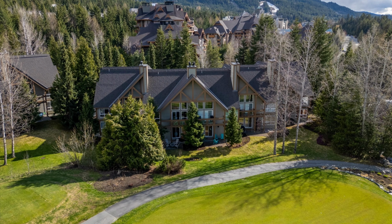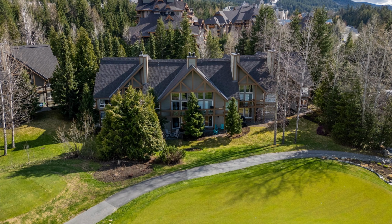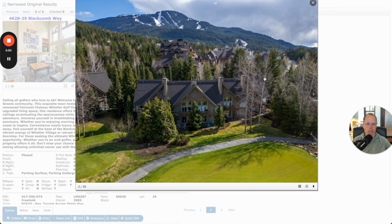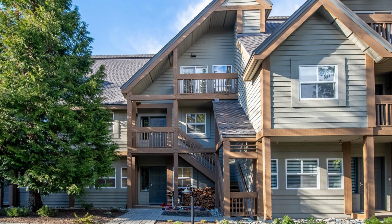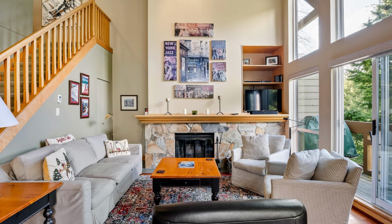Okay, now this is located right on the first tee of the golf course at the Chateau. So the one that I sold was, I believe, this corner one here. And then this is the listing that Bob has. I believe it's this one or this one. I think it's this one right here. So there you go. There's the exterior entrance going in, but it's just got wonderful views overlooking the first tee